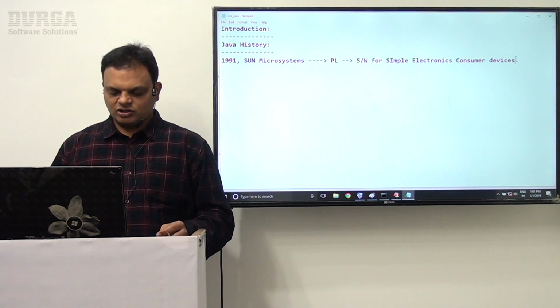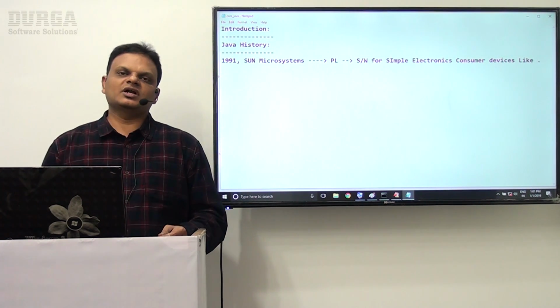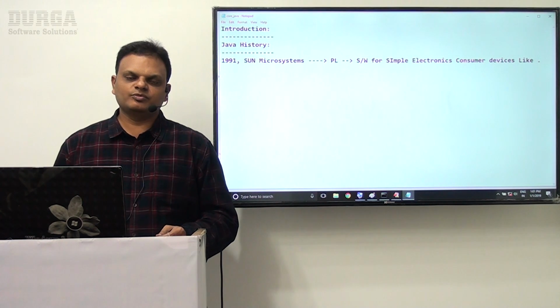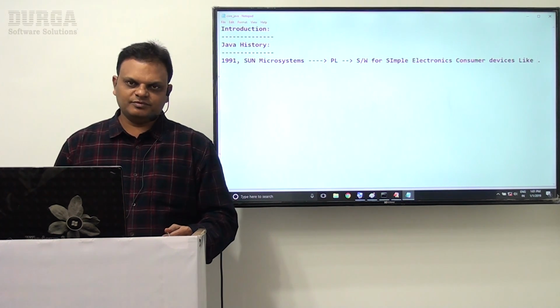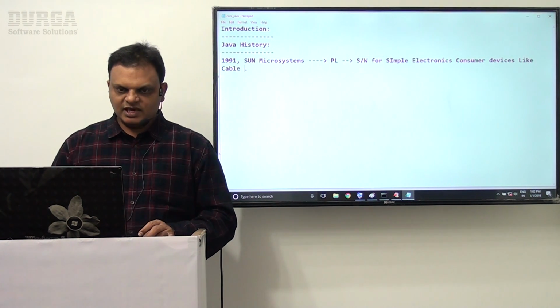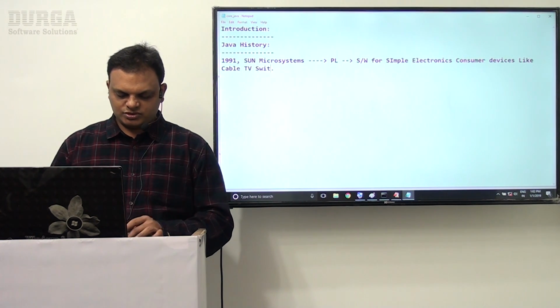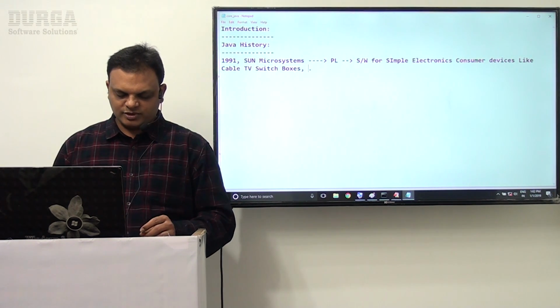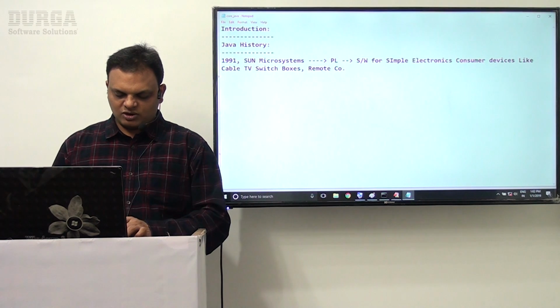What are these electronic consumer devices? For which electronic devices did Sun Microsystems want to prepare the software? Examples are cable TV switch boxes, and then maybe remote controllers.